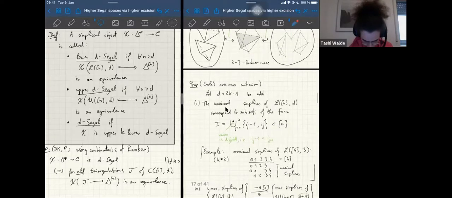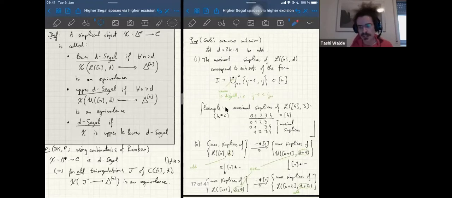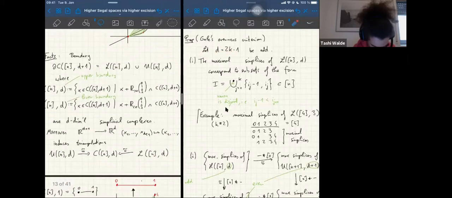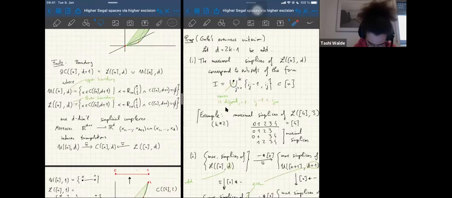Okay, so this is called Gale's evenness criterion, and essentially it amounts to computing some Vandermonde determinants. And it looks like this. So let's consider first a case where D is odd. Let me put back the definition of this upper and lower boundary. So if D is odd, of the form 2k minus 1, we want to describe the maximal simplices of this triangulation, which are some subsets of n, and they're exactly those which can be written like this. They are a disjoint union of subsets of the form given by two consecutive elements, i_j and i_j minus 1. And this union being disjoint just means that